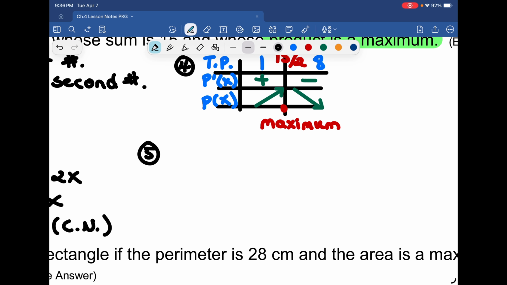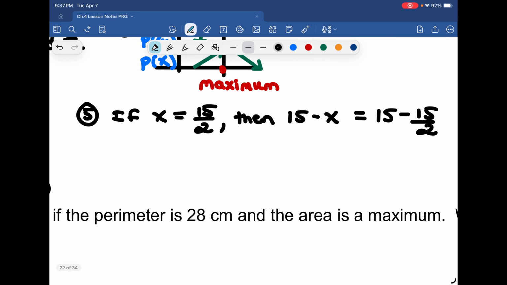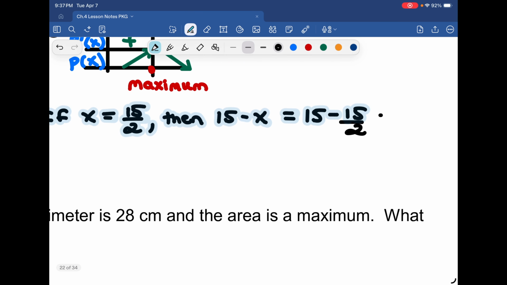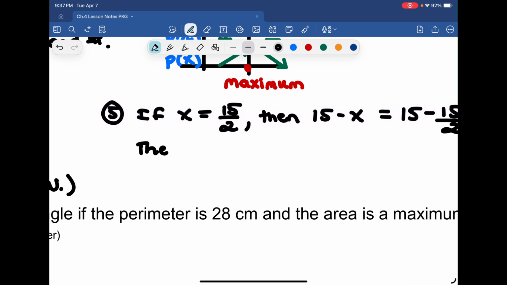Step number 5, if our x value is equal to 15 over 2, then when I solve for the other value, it's going to be 15 minus x, which is equal to 15 minus 15 over 2, which will end up giving us a value for the other number of 15 over 2 as well. So the two numbers